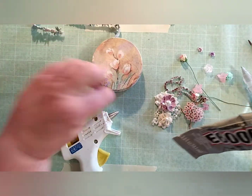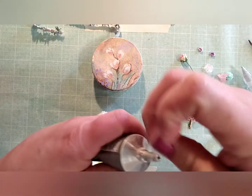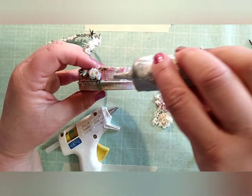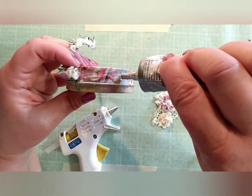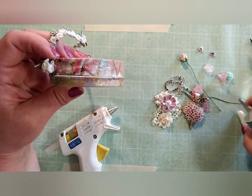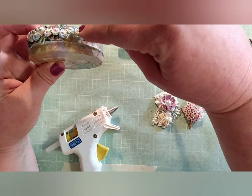Now I'm going to open my E6000, which tends to get everywhere, and this is where I get really messy because it does get everywhere. I've got to get all this stuff off of it because I'm bad about that too. Okay, now we are going to just kind of put a thin line around. Now you don't have to worry about this because it dries nice, and I keep the tip handy so that I can just stick that back in there so it doesn't go everywhere. And we will just lay this down